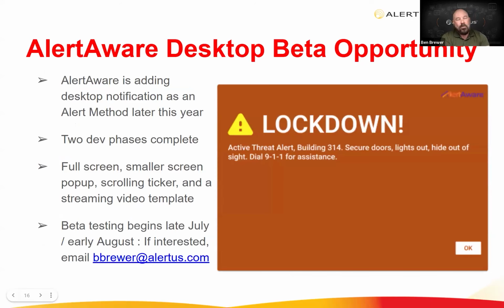Over the past several months, we've been working on an AlertAware desktop notification capability as an additional alerting modality within AlertAware. We wanted to undertake this for our customers that are utilizing both AlertAware and Alertus, but have a refined or limited Alertus use case specific to desktop only, to give you the opportunity, in the event that you want to collapse down to a single platform. You'll have the ability to consider doing so once we fully release the AlertAware desktop notification client